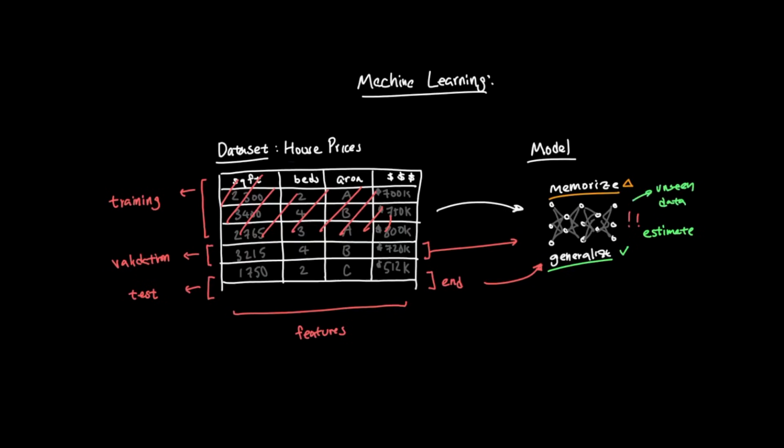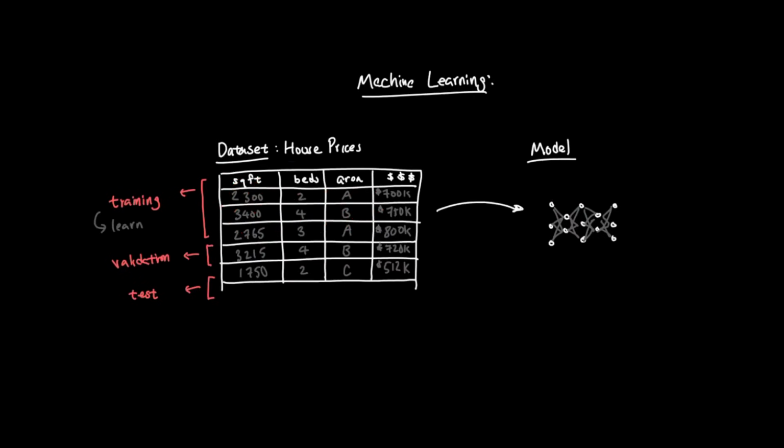So the basic idea is this. Training set means learn from this. Validation set means tune and check during development. Test set is final evaluation. A common rule of thumb is something like 70% training, 15% validation, and 15% test. Another common split is 80% for training, 10% for validation, and 10% for test.